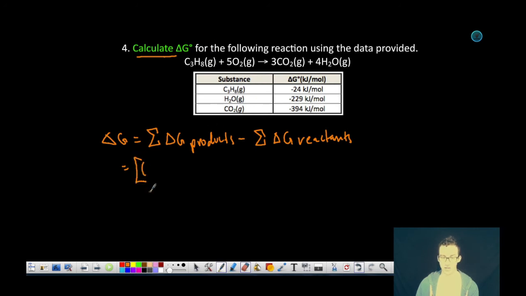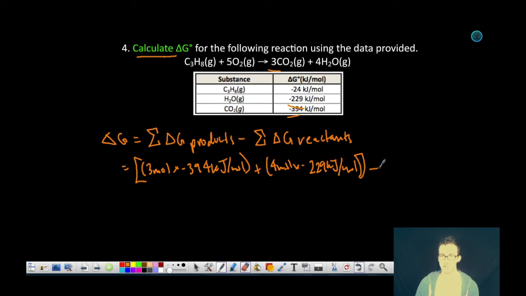As we take a look at our products here, it's going to be 3 moles times negative 394 kilojoules per mole. Again, it's products here. Plus 4 moles times the Gibbs free energy change for the formation of water vapor, which is negative 229 kilojoules per mole. Subtract from that the sum of our Gibbs free energy changes of our reactants, which is 1 mole times negative 24 kilojoules per mole,